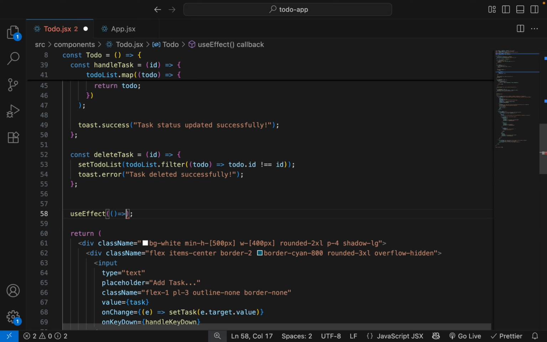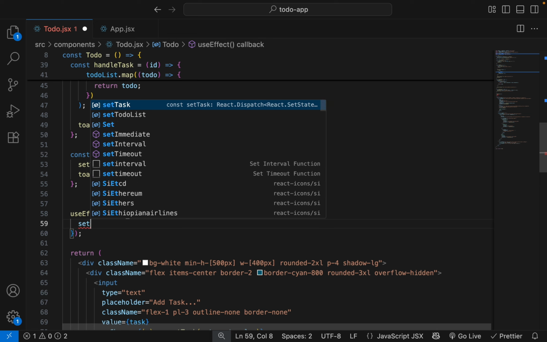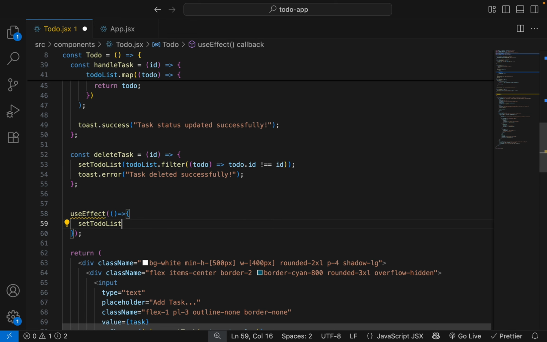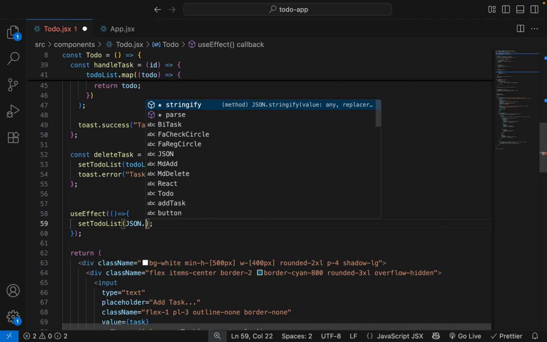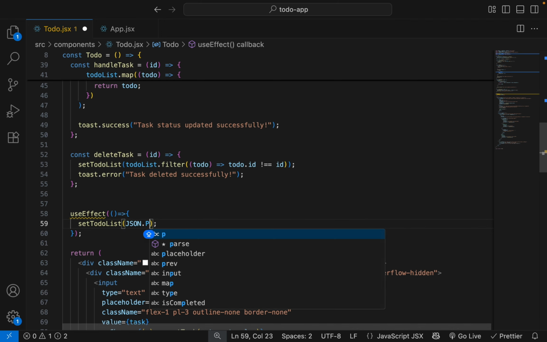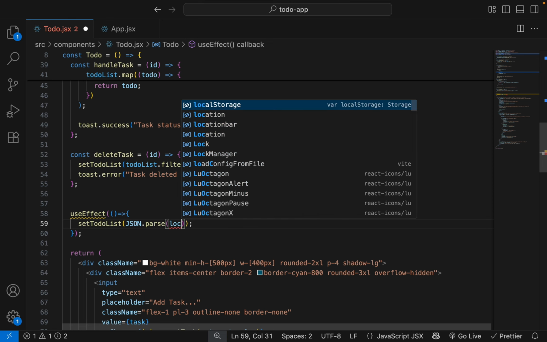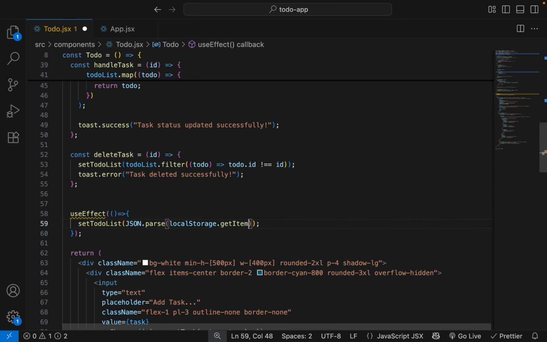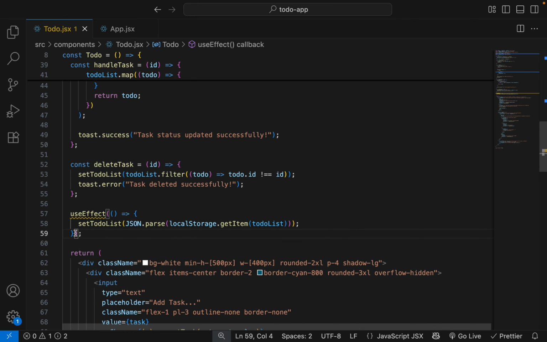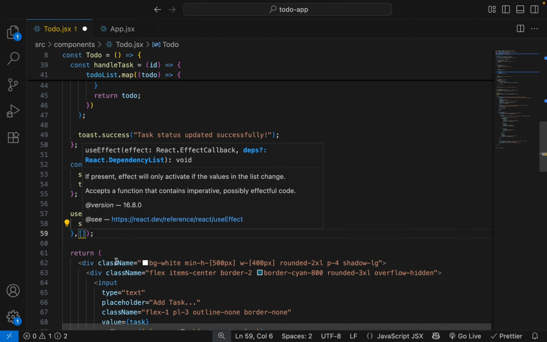Inside this set to-do list JSON.parse local storage.get item to-do list passing empty array.